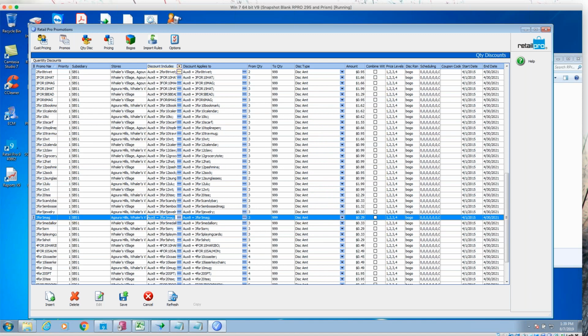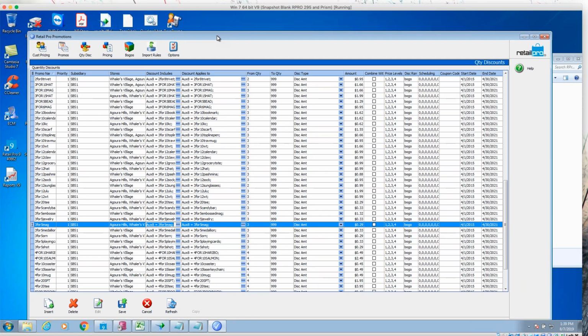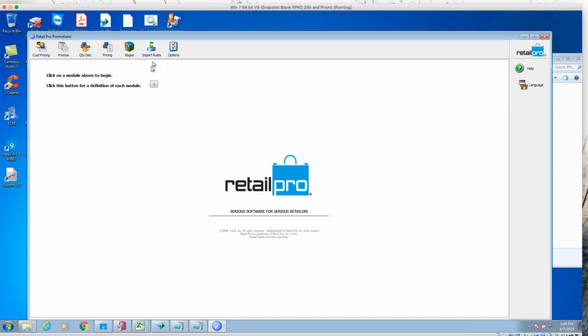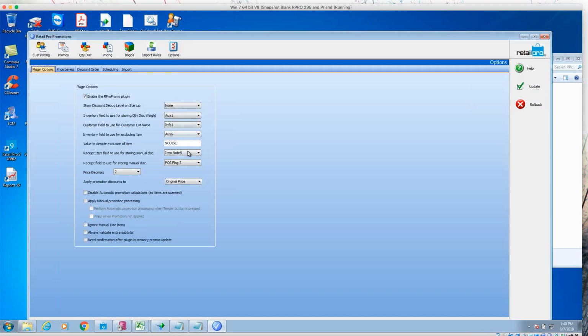All right, so customer pricing over here is a little different. Customer pricing, you see, I've added some items, and you can insert. We can insert more items. We could go search for some items. Your choose edit items button is over here on the right,